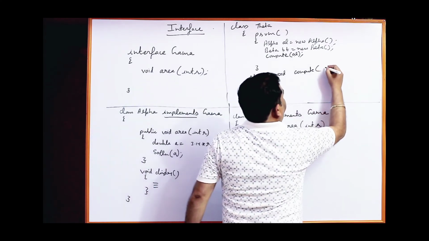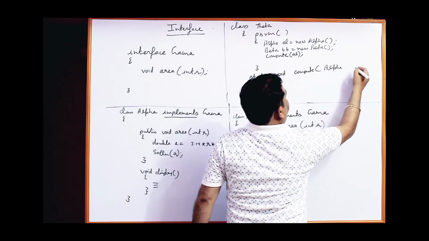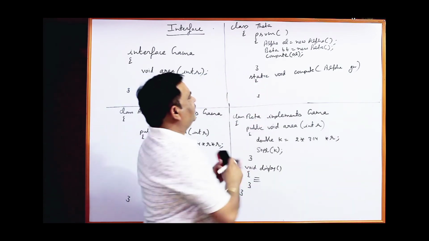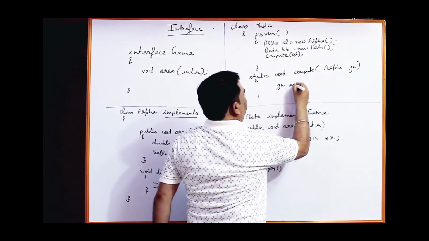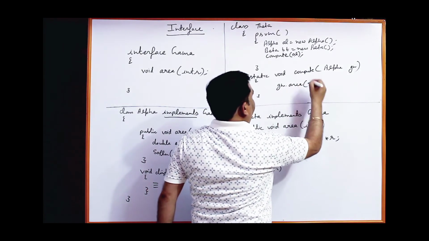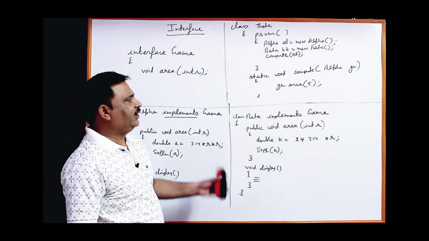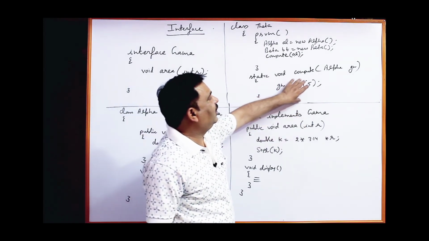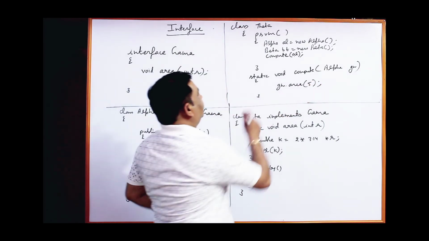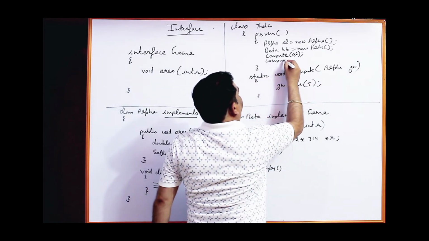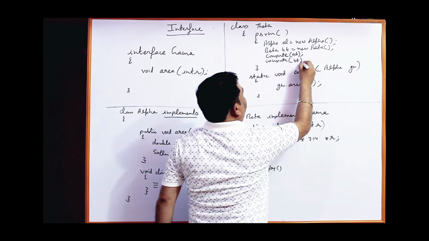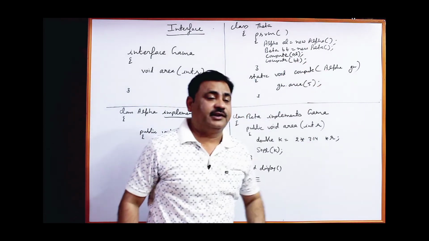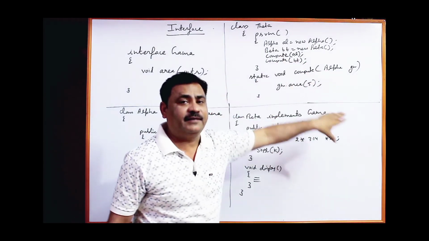Suppose I am writing here alpha, any object name, suppose g. So you can access the function gm dot area by passing the values. Any value you can pass as a parameter. Now which function will be called? The alpha class function. Same thing again, when I pass the beta class object to compute, then the bt object cannot be transferred into an alpha class object. The reference cannot be transferred because the classes are different.